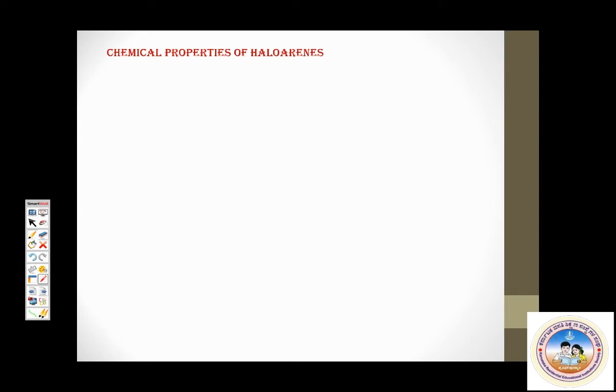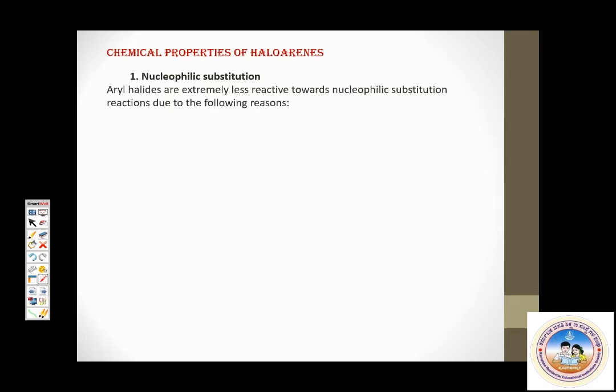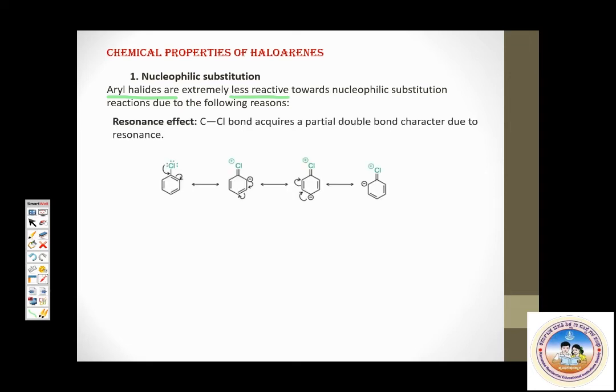That was questions on chemical properties of haloalkanes. Now let us take up chemical properties of haloarenes. One should remember that haloalkanes undergo nucleophilic substitution very easily, but aryl halides, haloarenes, are less reactive towards nucleophilic substitution. And you can quote the following reasons. These are the reasons why haloarenes are less reactive, one by one. And this was a very frequently asked question in your board exam: haloarenes are less reactive than haloalkanes towards nucleophilic substitution reaction. Give reason. So there are 4 reasons.